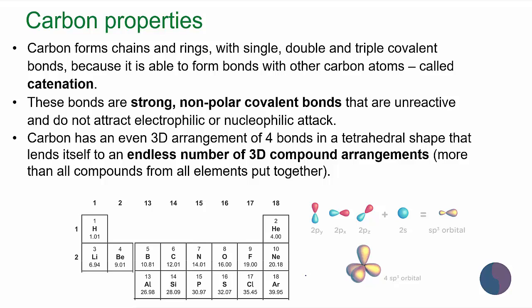So you might be wondering, why is the organic unit 3 times bigger than every other unit? It's all to do with carbon. Carbon is the foundation of life. I think we can just look at this right here. Endless number of 3D compound arrangements, technically infinite, and carbon has more compounds than every other element and its compounds put together. So all the compounds in the known universe, carbon can exceed it.